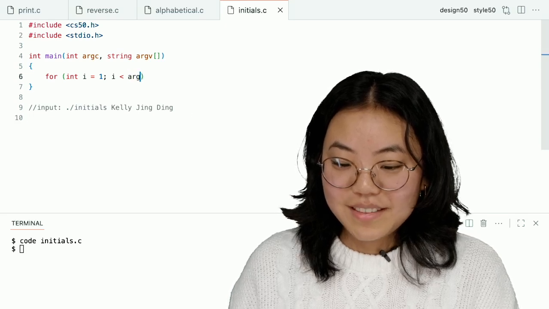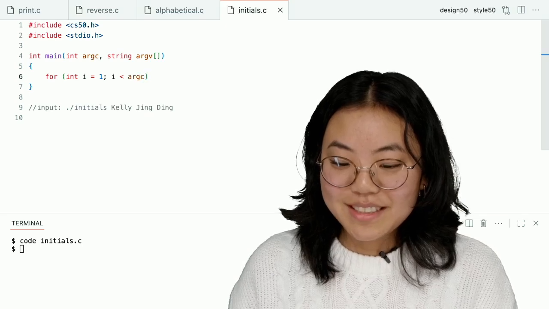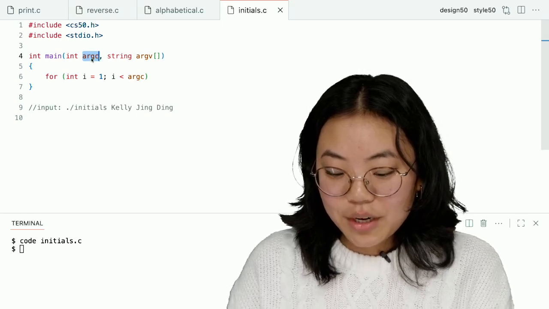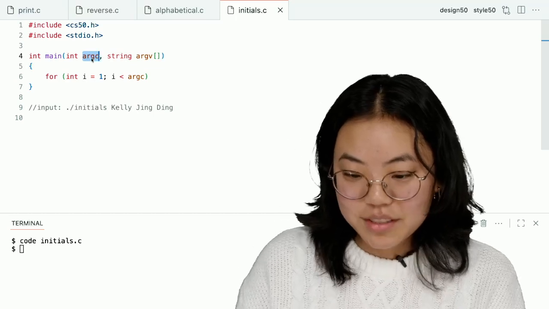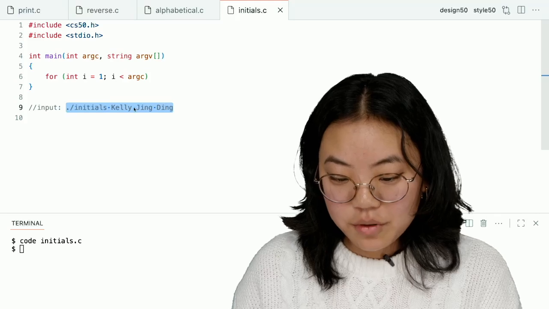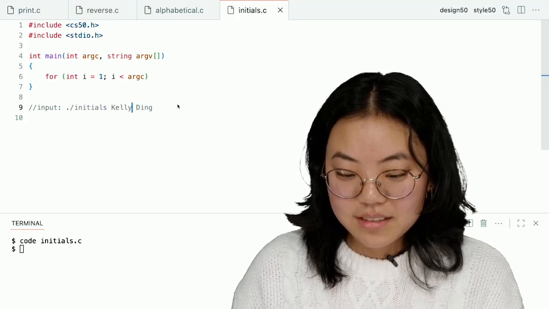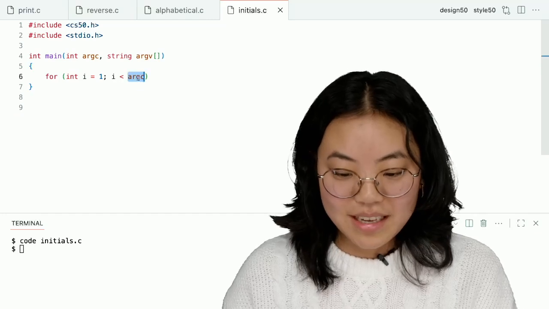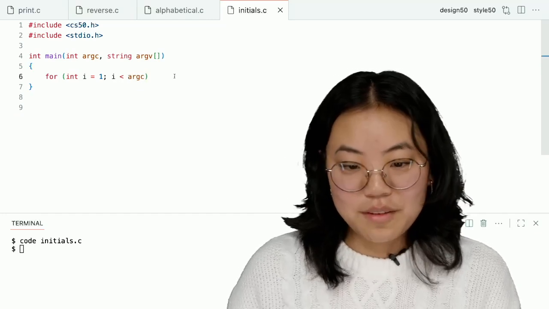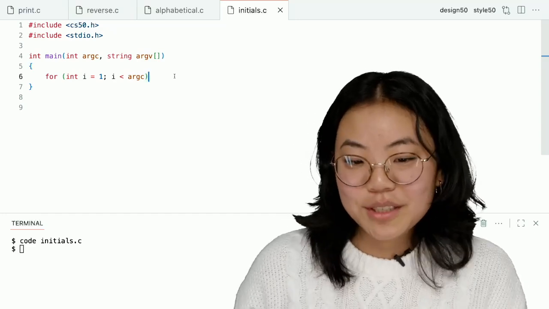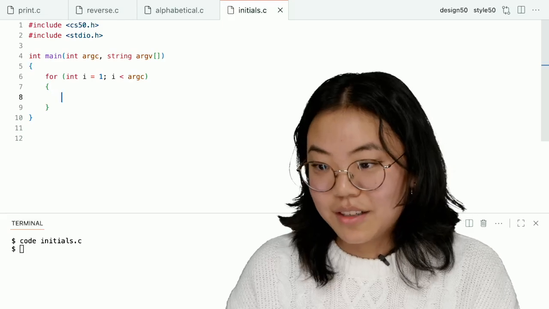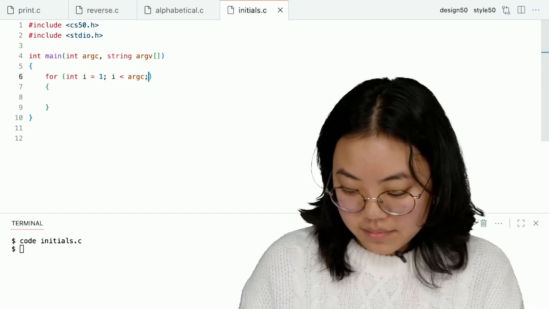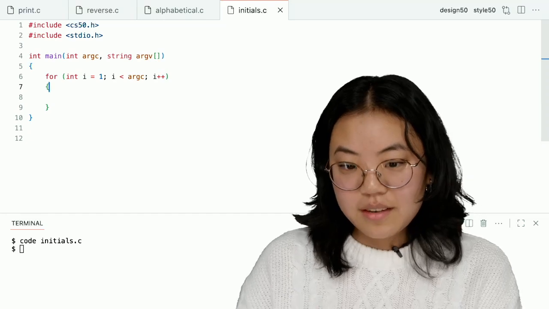Okay. I'll give it to you for free here, argc. So argc, as a reminder, is the number of arguments. It's like count. So in this case, it would be 4. In this case, it would be 3. And so it changes dynamically, which is what we want here, rather than me just saying it has to be 3. Some people have multiple middle names, maybe, so you want to capture different scenarios. Okay. So now that we have this looping over each part of the name,